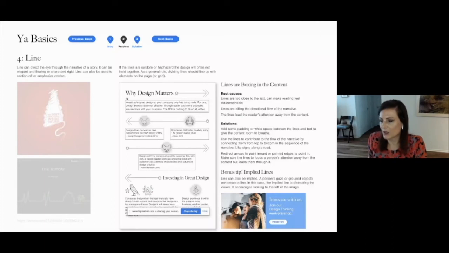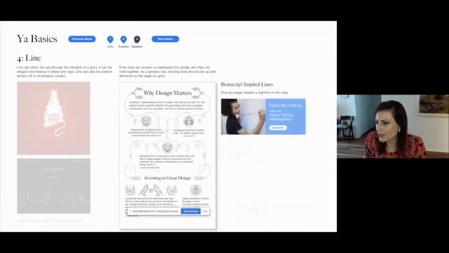And then the third thing I see a lot is directional lines. So things that throw you off of the page. So in this case, the designer was looking for like a Z pattern, like, oh, little arrows that kind of take you down the design. But because of the way it's put together, it's really like sending you off the page dramatically every time you see the arrow. So it's really not encouraging you to read the content below. It's sending you left and right to look at whatever is there.